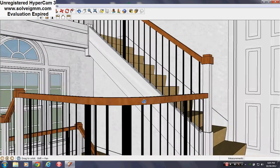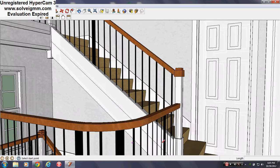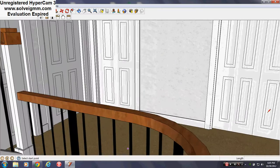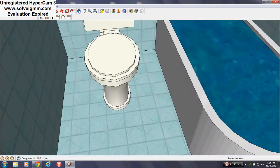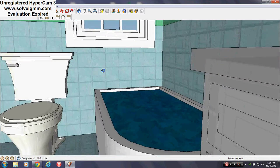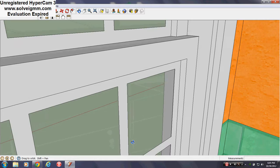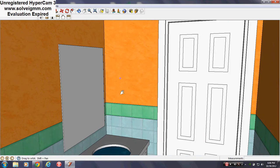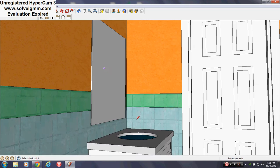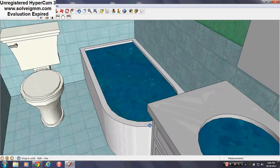So, back out onto the stairway. Really nice. Here is another bathroom. This overlooks the driveway. Again, I colored the walls as the colors indicate. Sink, toilet,